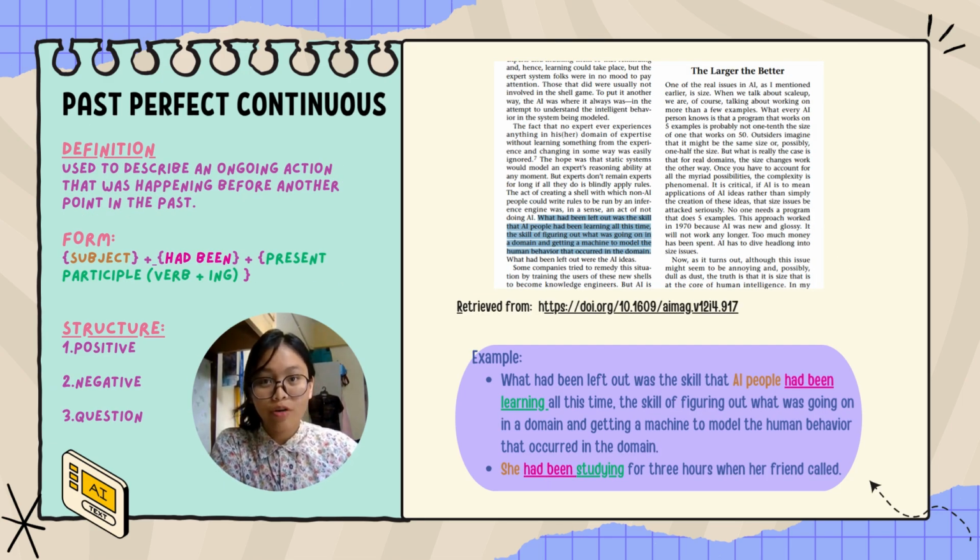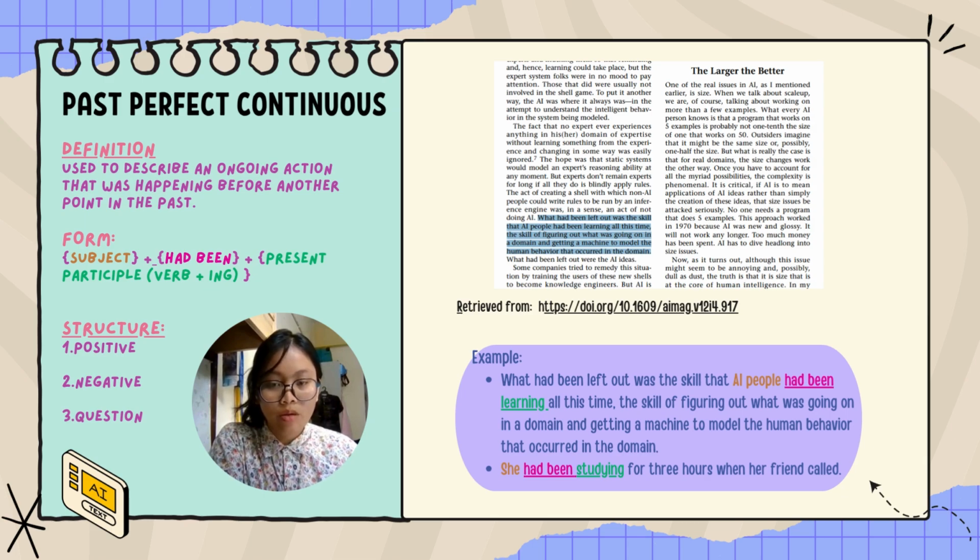Finally, the last type of past tense is the past perfect continuous. So past perfect continuous is used to describe an ongoing action that was happening before another point in the past. So let's see the first example. What had been left out was the skill that AI people had been learning all this time, the skill of figuring out what was going on in a domain and getting a machine to model the human behavior that occurred